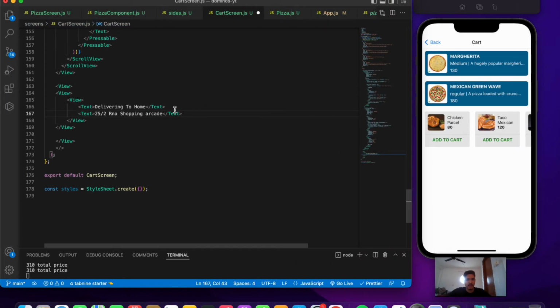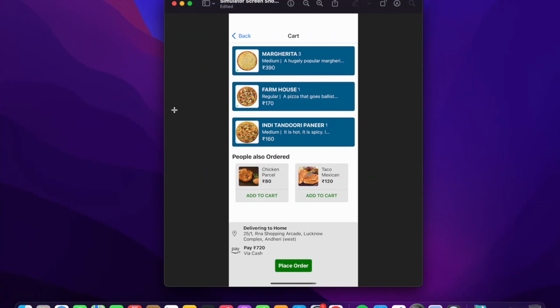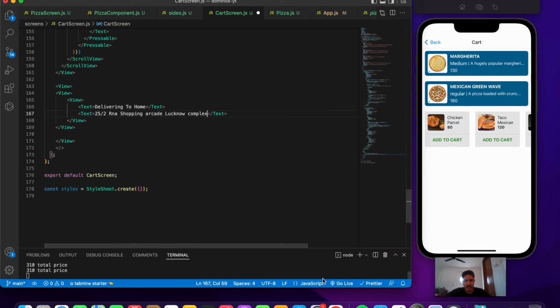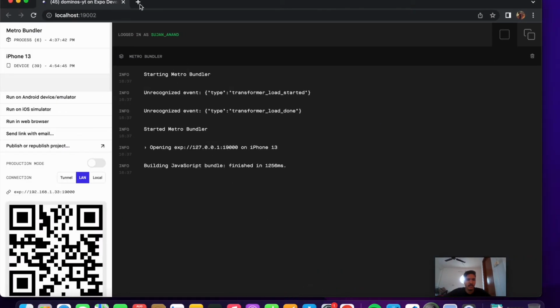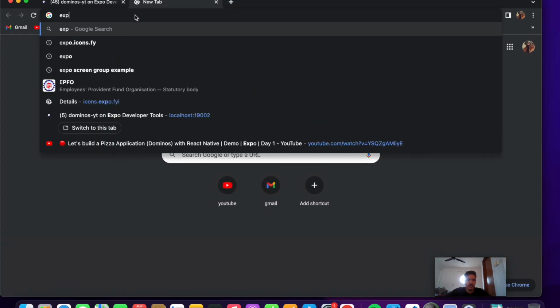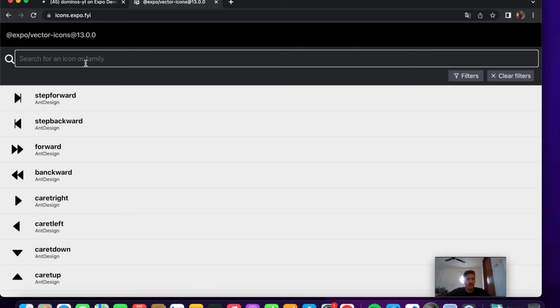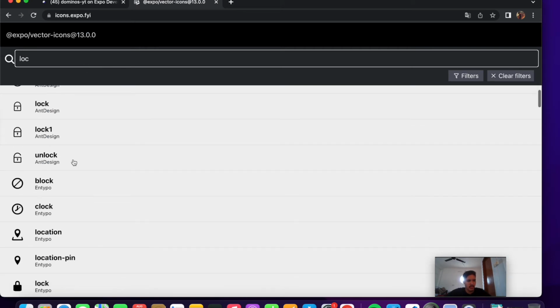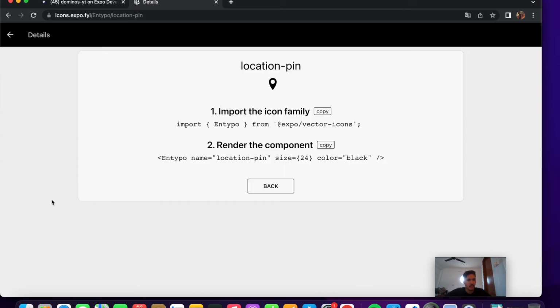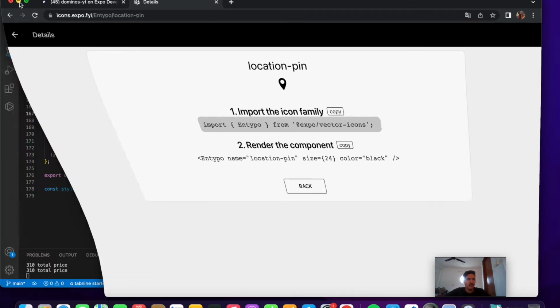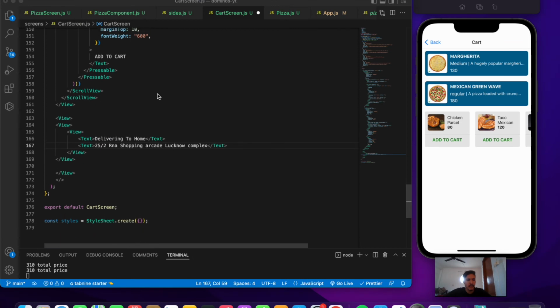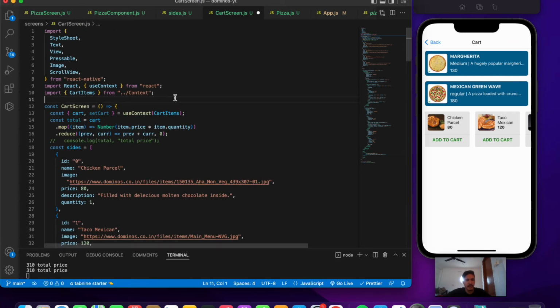Love complex. So let us go get that icon, that is the location icon. So search for location, and then let us copy this one from Entypo,